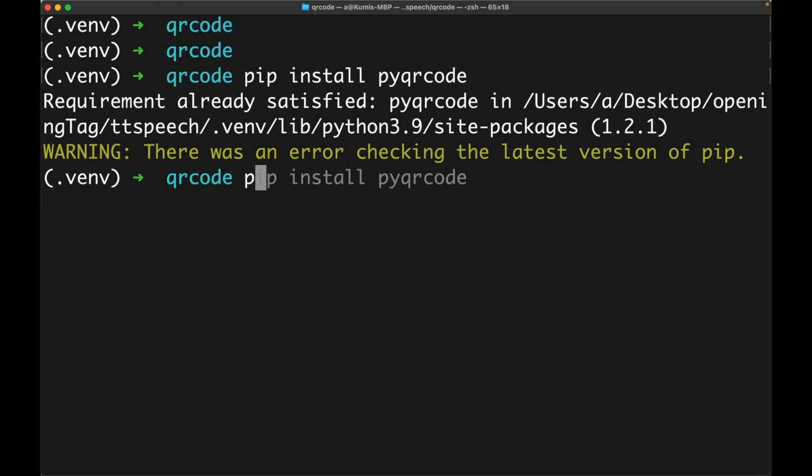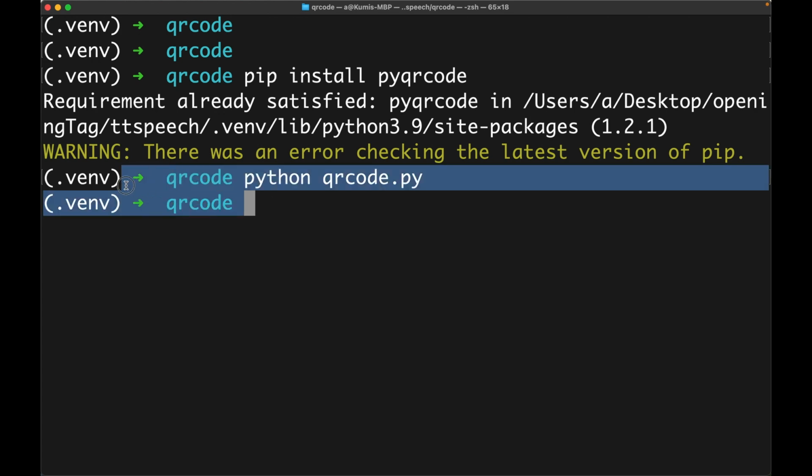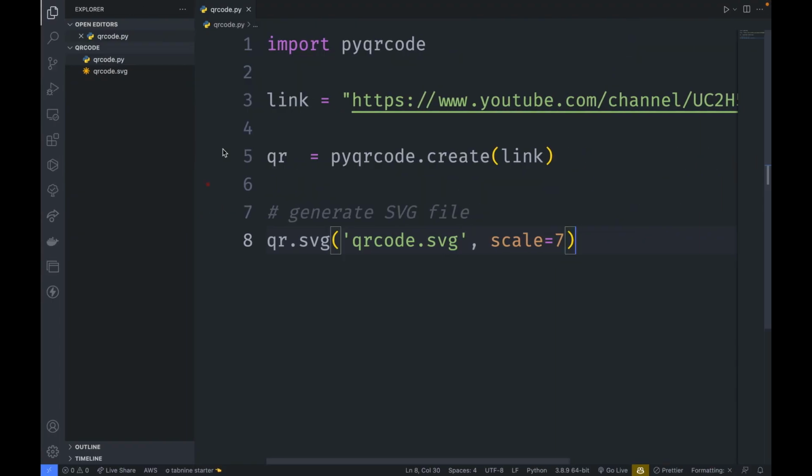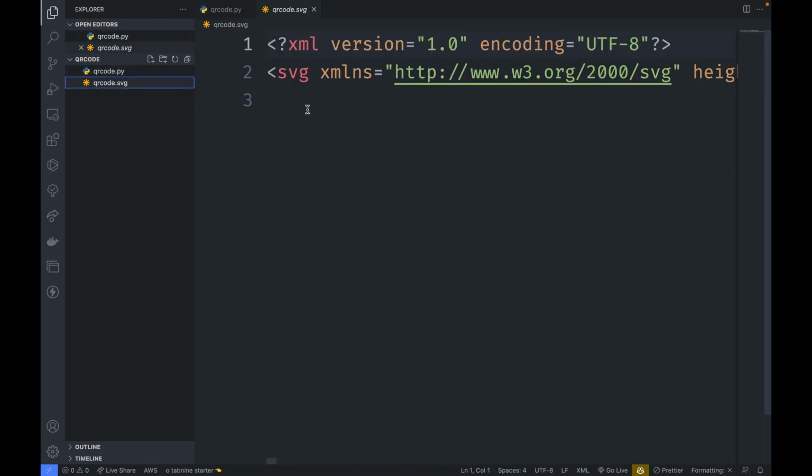So on my terminal, I will type python qrcode.py. So as you can see, we didn't get any errors. So that means the QR code has been generated for us. So if I switch back to my editor, you can see there is qrcode.svg file over here. So the QR code has been generated.